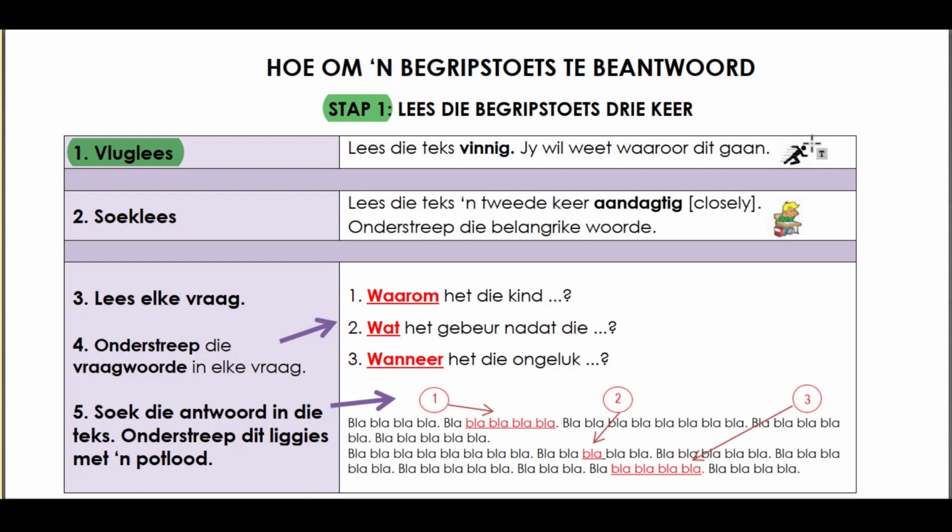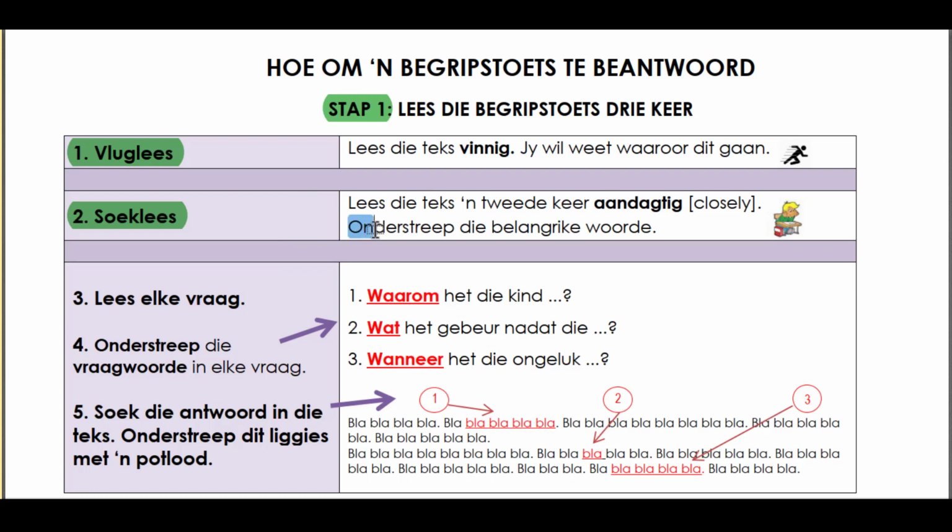So ons wil vlug lees, dan wil ons soek lees. Nou soek lees is so bietjie meer besonderhede wat ons soek. So the next thing that we are going to do is we are going to read for information. Lees die teks 'n tweede keer aandagtig